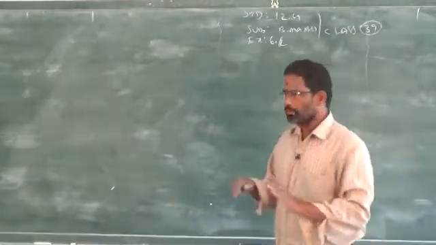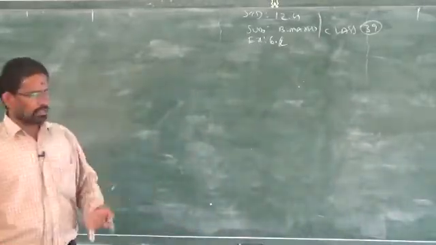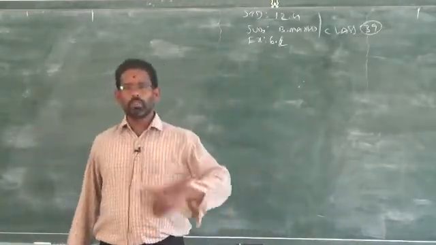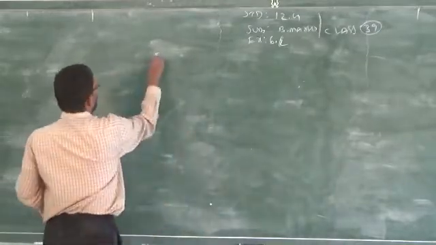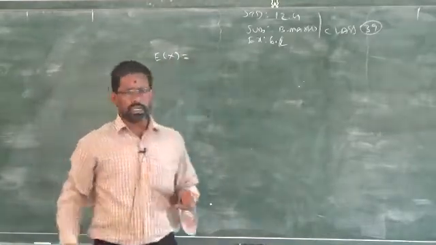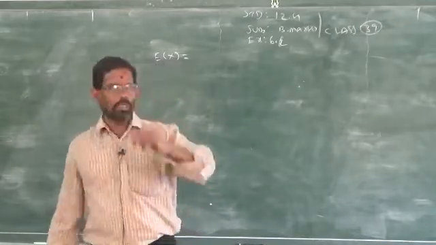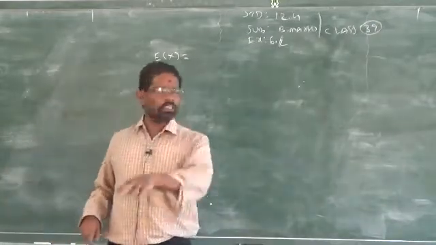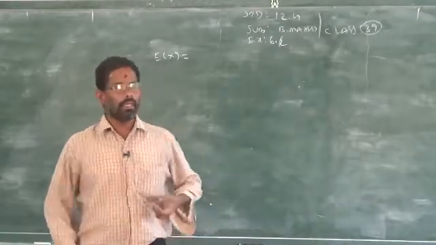Mainly this concept is used in games, playing cards, throwing the dice, tossing coins. In this situation, we use the concept of expected values. So I am writing that formula, E of x. We have two types of random variable: one is the discrete random variable, another is the continuous random variable, that you know already very well. For a discrete random variable, we have a function, the probability mass function. For a continuous random variable, we have the PDF, the probability density function.